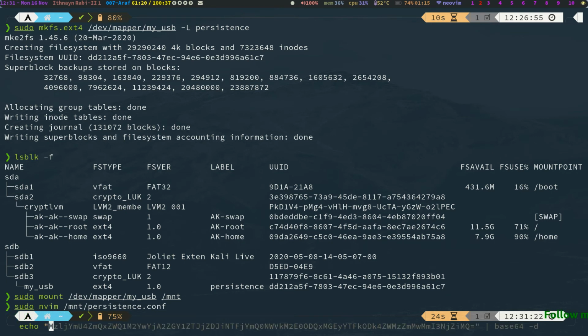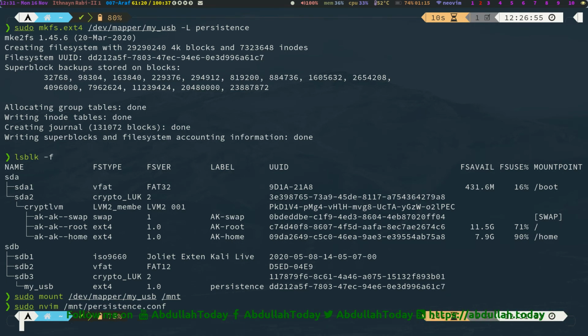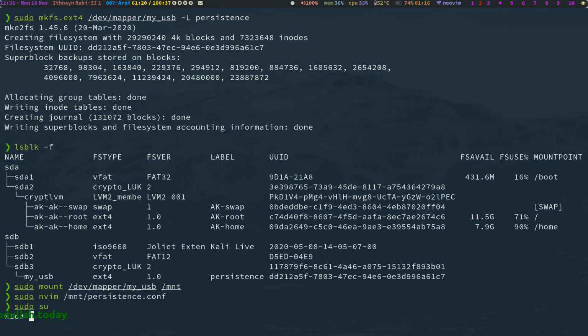All you have to do is use sudo and echo. I am not sure if the sudo echo command would work, but let's do it. Just do sudo su and do echo.